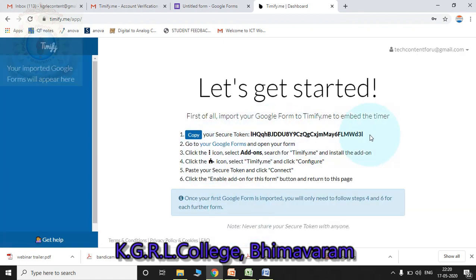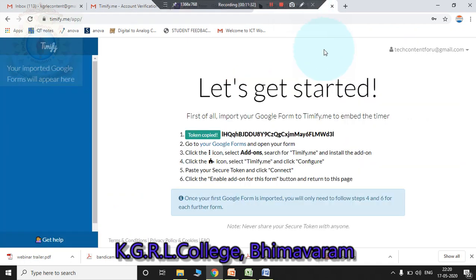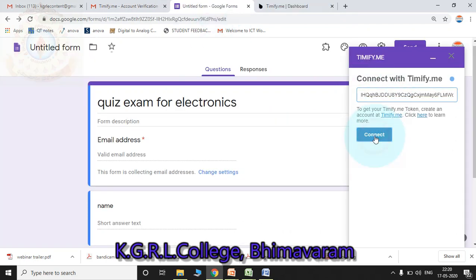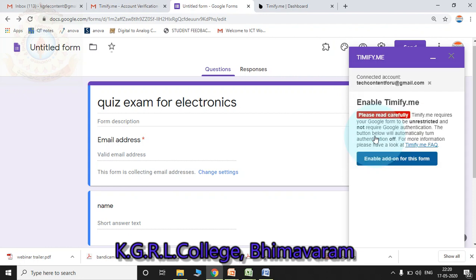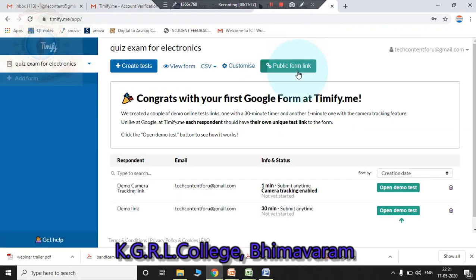So here one token was generated. Copy, here paste. You need to copy the code from here and paste here, then connect. Enable add-on for this form. Okay, then go to the dashboard.